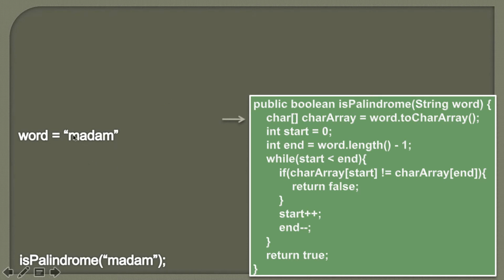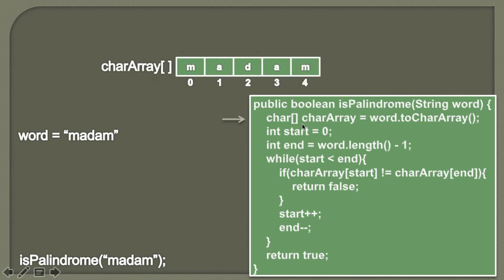So friends, in order to compare this string character by character, we first convert this string to a char array. In Java, a string has the method toCharArray which returns a character array. So it would look something like this. The character array will store one character at each index, in the form of an array. Moving ahead,